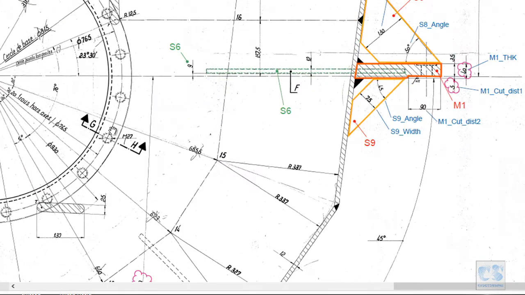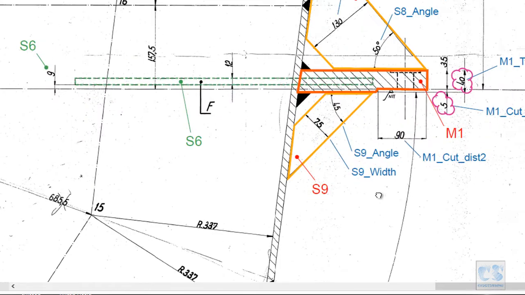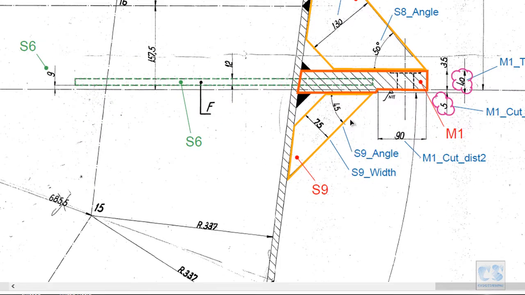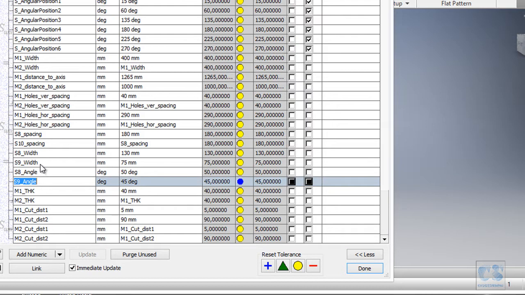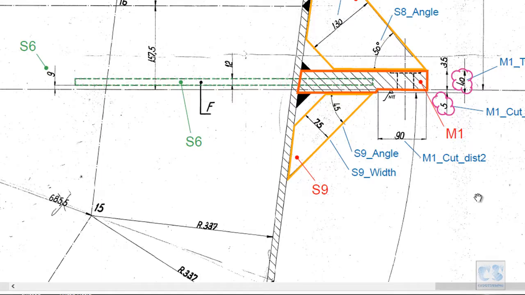So now we are done with all this. So maybe we need this S9 angle and this S9 width, let's say. So S9 width and S9 angle are done already, so we can move to this side,